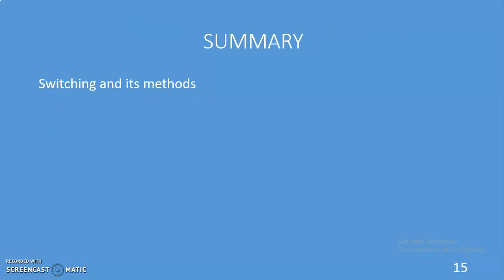Summary. Today we discussed what is switching. Switching is a technique in which we connect devices over a large network, and there are 3 methods: circuit switching, packet switching and message switching. We gave suitable examples: circuit switching is the telephone landline, and packet switching examples are the internet and smart devices such as mobile devices, smartphones and other devices which can interact directly with the internet.